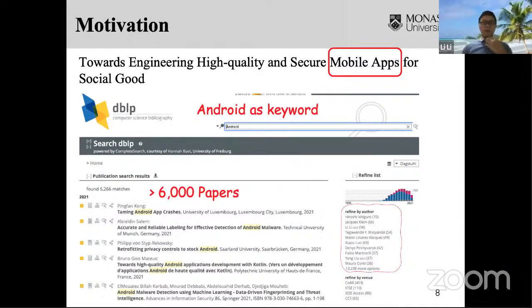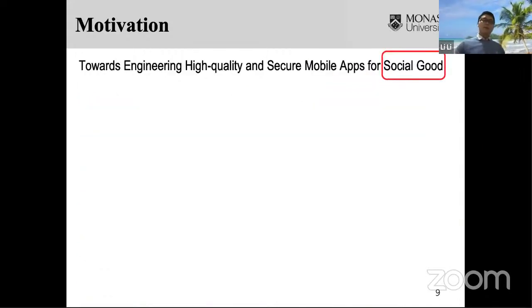It was also interesting that my PhD supervisor, Professor Jack Klein, is ranked as the second contributor in this domain. So that's the first keyword I want to share: mobile apps.